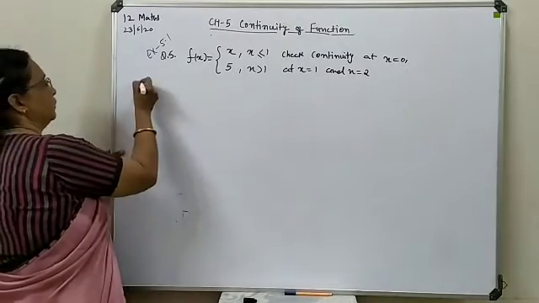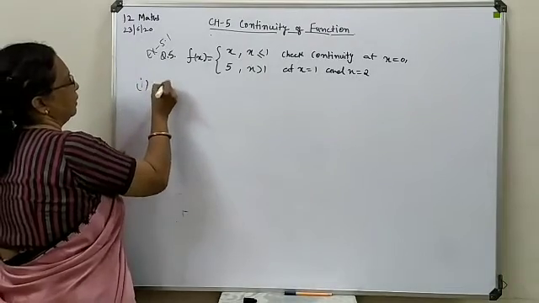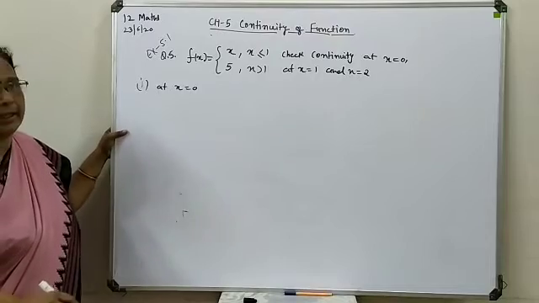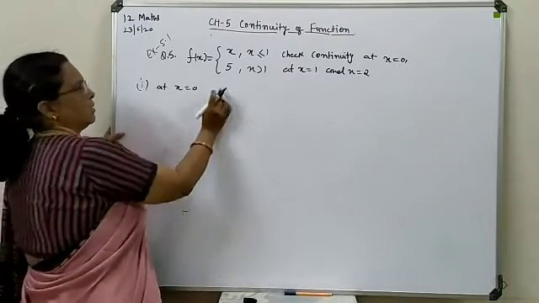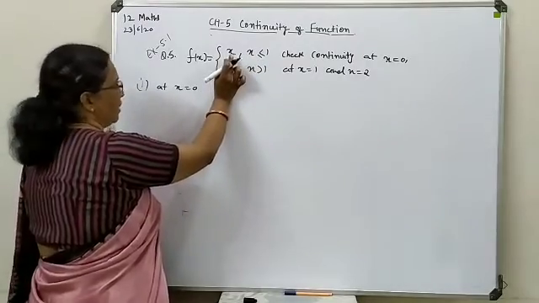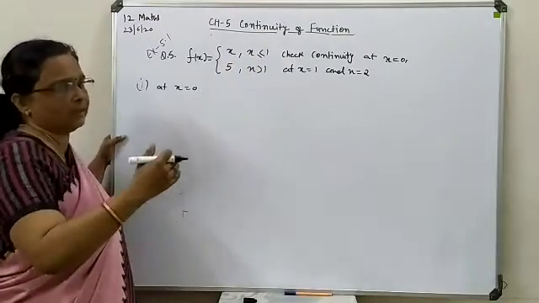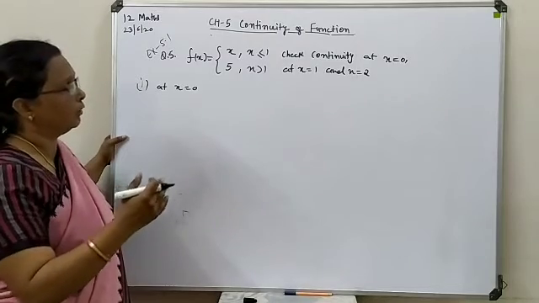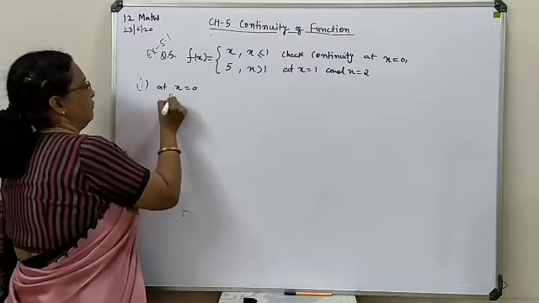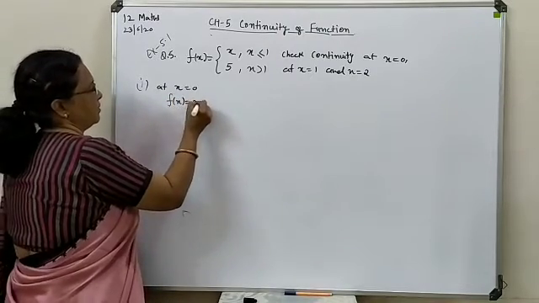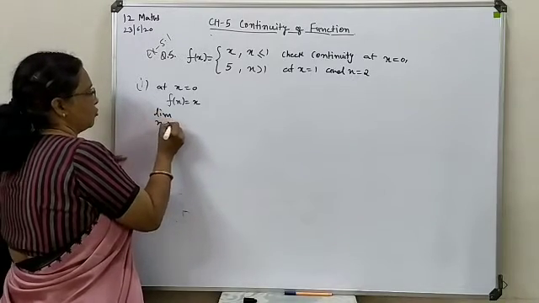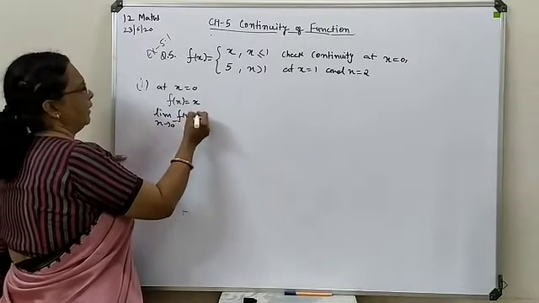So first we move for x is equal to 0. So we first select the appropriate function. Here you can see for x less than 0, your function is available as x. So for all the values of x which are less than 1, your function will be selected as x. So your f(x) here you will select as x. Now go for checking of the limit solution, x tends to 0 minus f(x), or directly also it can be.